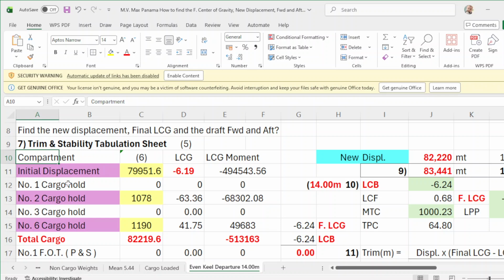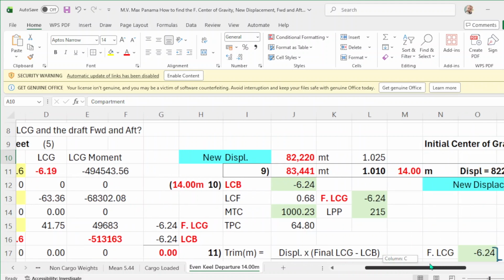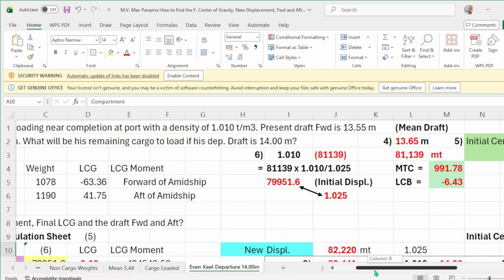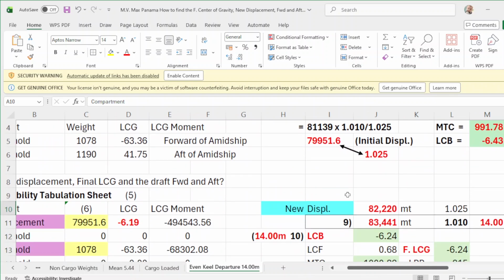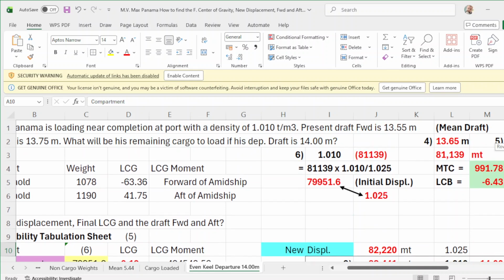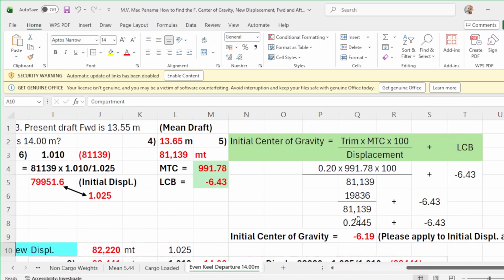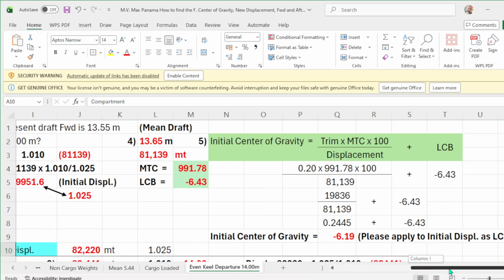This compartment, your initial displacement is what I have, 79951.6. Your initial LCG is negative 6.19, which is number 5. I put this number 6. That's why you got here. And number 5 is negative 6.19, which is this one, which is here.